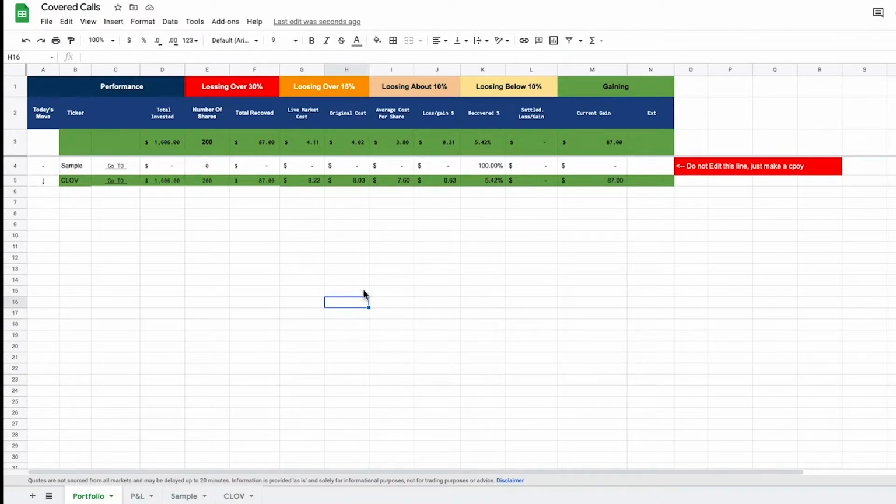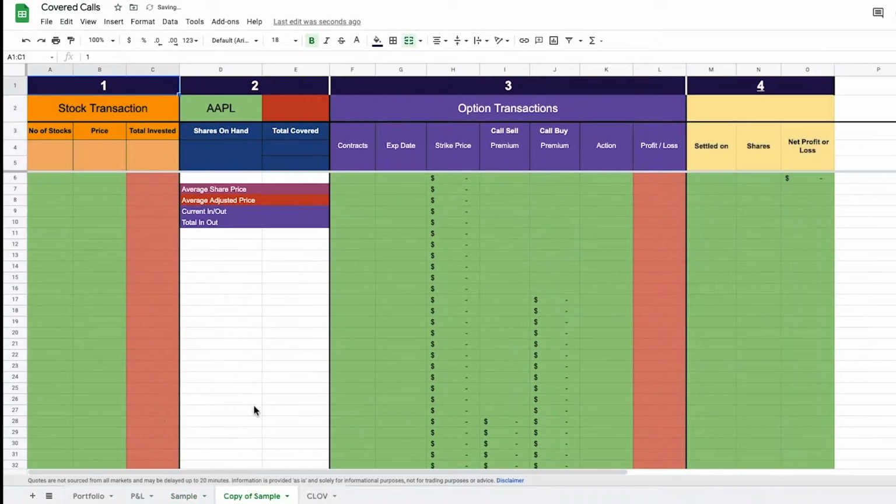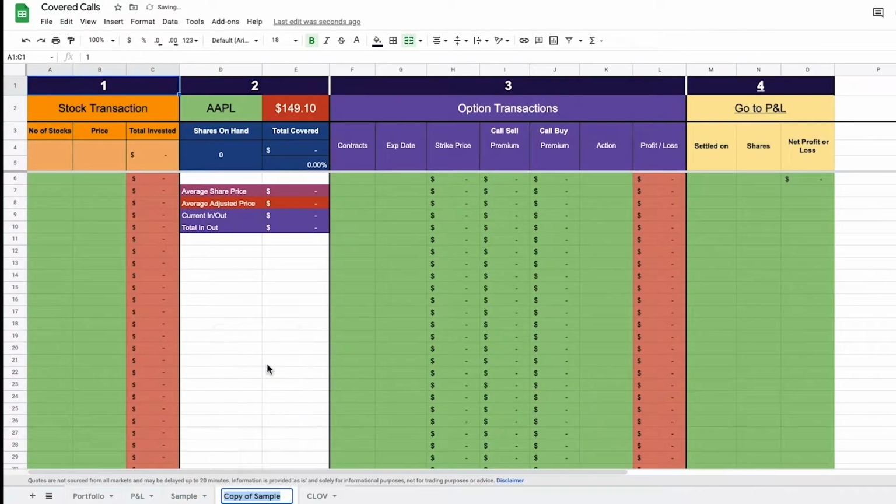So now let's make one more transaction. This time we will do an Apple covered call. I will duplicate the sample sheet and rename it to Apple. We already have Apple over here, so we don't need to change that in section 2. Now we have 100 shares of Apple. We bought them at $135. So our total investment is